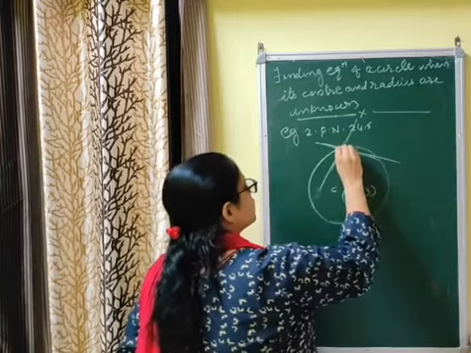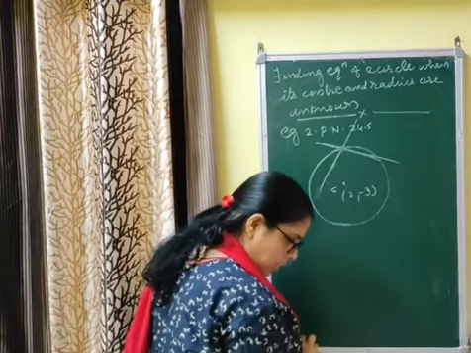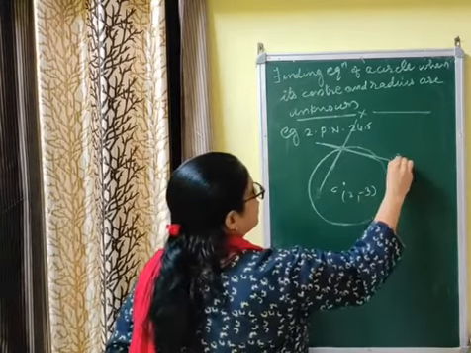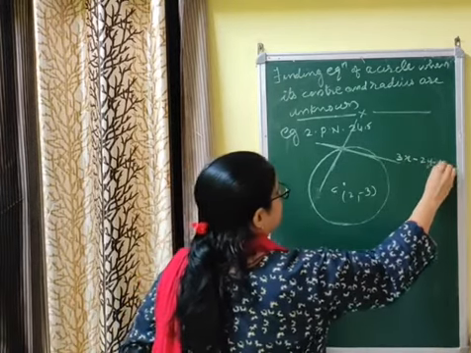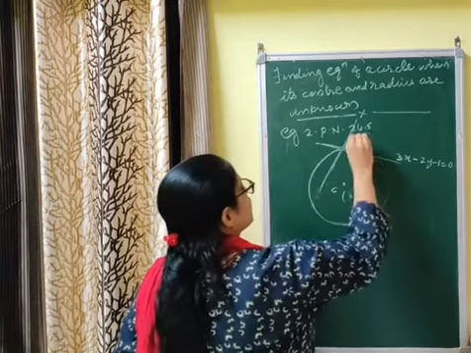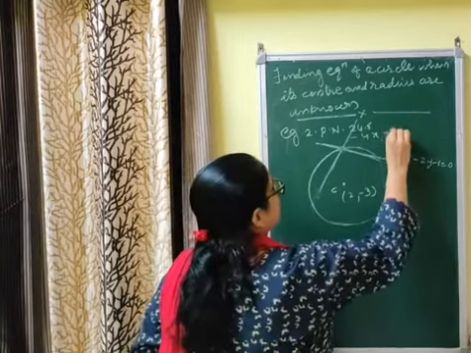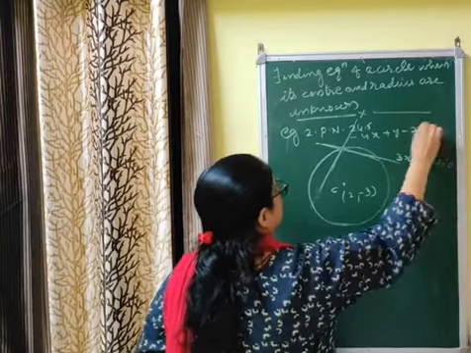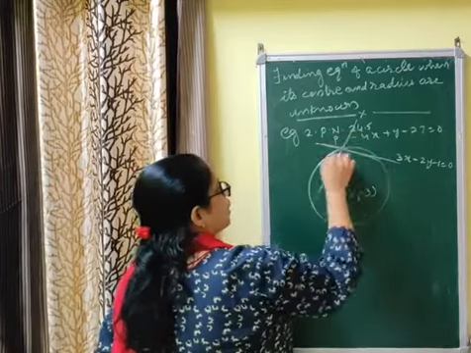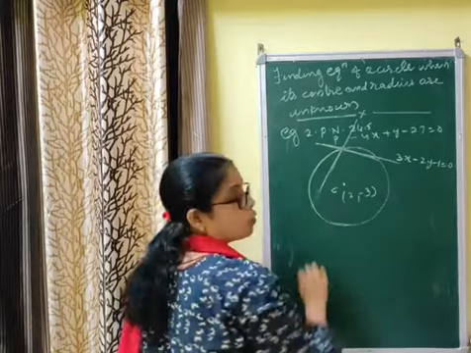Since the circle passes through the point of intersection of the lines, let the first line be 3x minus 2y minus 1 equal to 0. You can take any one of the lines as you wish. The second line is 4x plus y minus 27 equal to 0. Now if you know this point you can find the distance. Let the point of intersection of these two lines be P. CP will give you the radius.